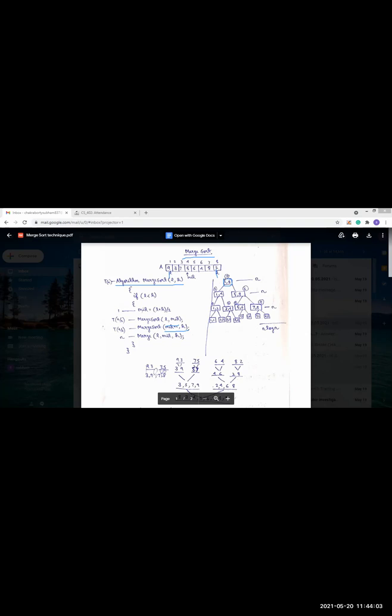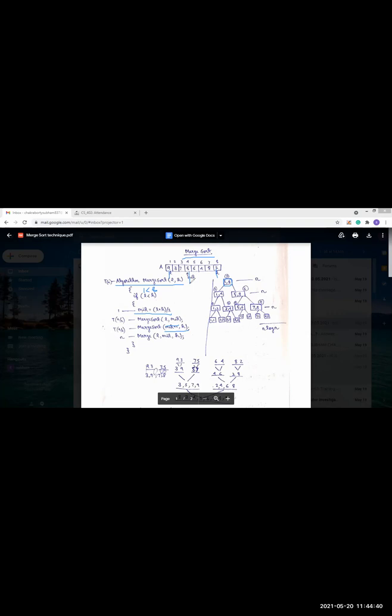Then what will we perform? We will check whether low is less than high. Yes, low is less than high, because low is now 1, and it is less than 8. So that means we will get the mid value. Mid equals low plus high by 2, that means 1 plus 8 by 2, 9 by 2, which is up to 4. So the mid will be at position 4.